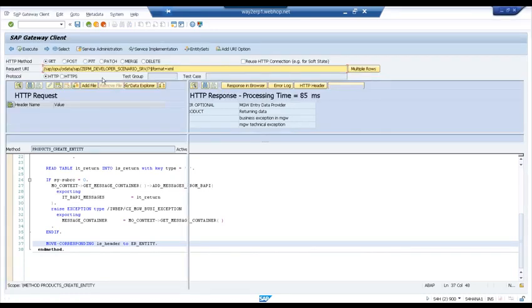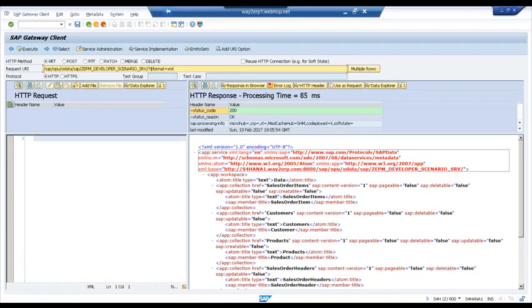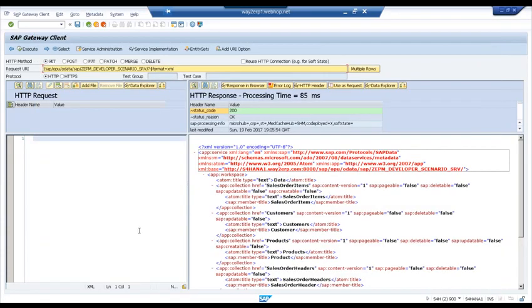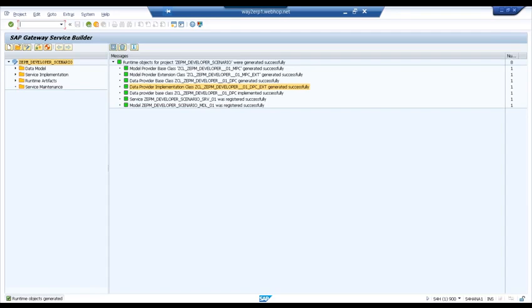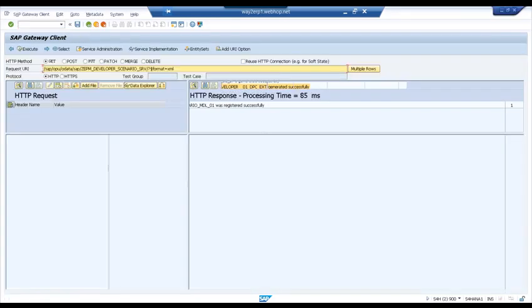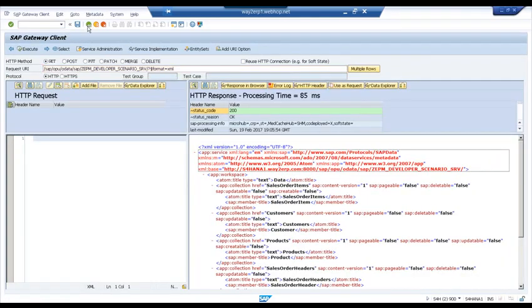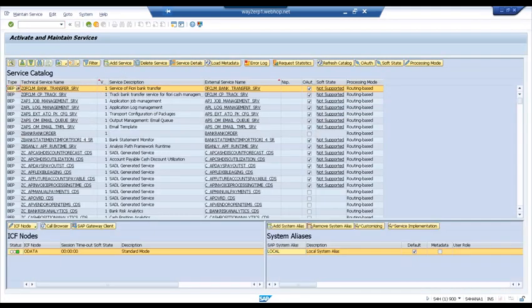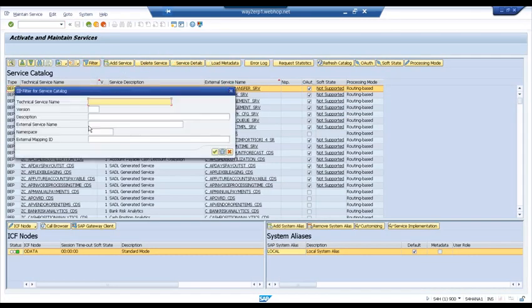Now I can quickly go back and test this operation in Postman. You remember Postman, our friend yesterday? So let's try this one now. So maybe I go back to my gateway client and try to run this service in the browser. Okay, so let me try to run this in the browser. So /n/iwfnd/gateway, sorry, main service, and try to find out the right service by applying the filter. The service name was EPM,